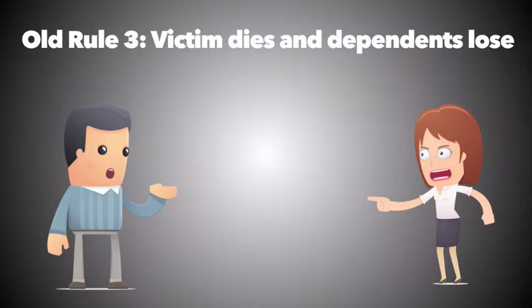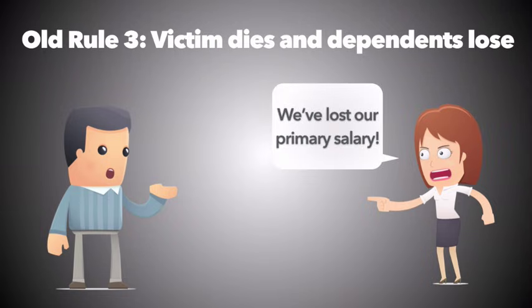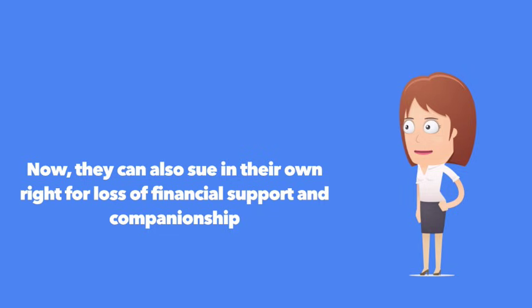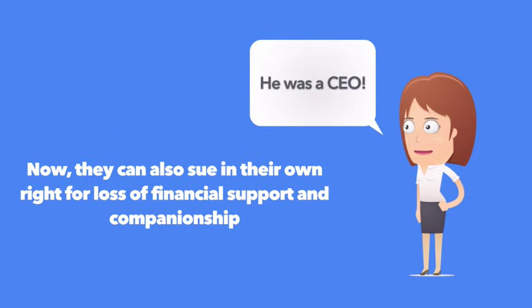3. Finally, if the tortfeasor caused a victim's death, relatives and dependents of the victim who were deprived of financial support or suffered emotional loss did not have a cause of action of their own. Now that's no longer true. Not only can relatives sue in the place of the deceased victim using a wrongful death or survival action, claiming the damages that the victim would have been entitled to, but they can also sue in their own right for the harms that they have suffered as a result of the loss of their relative.